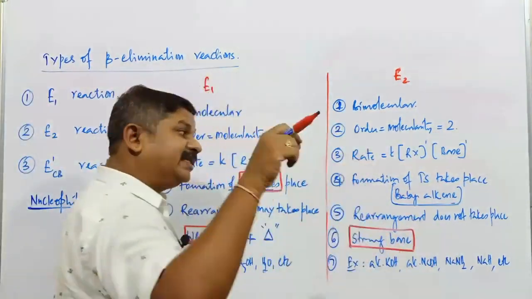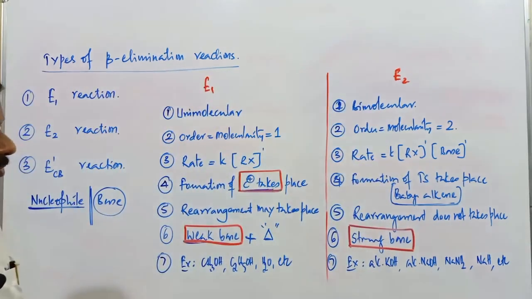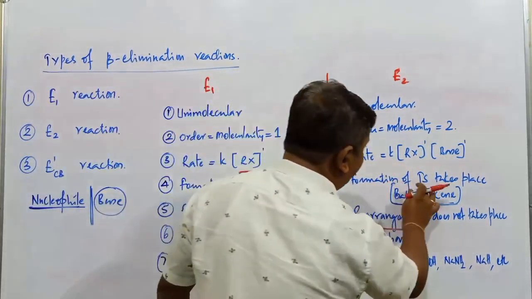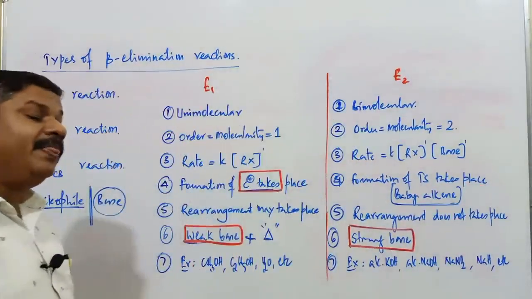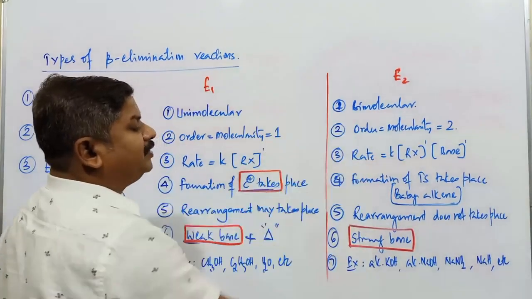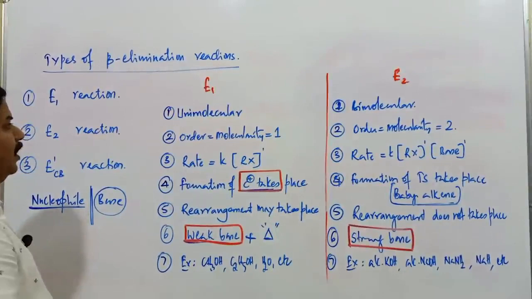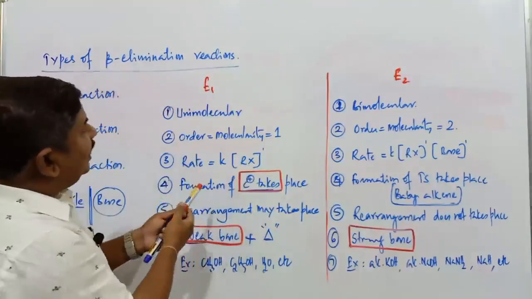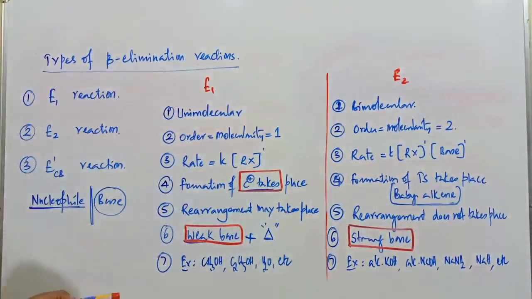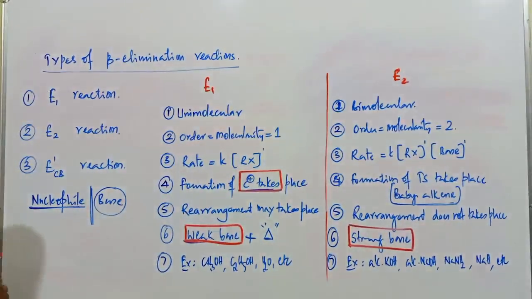And in some exceptional cases, formation of carbocation also takes place in case of E2 reaction. But in most of the cases, there is a formation of transition state. But in some exceptional cases, carbocation formation also takes place in case of what? This E2 mechanism also. Now here, whether this particular elimination reaction is related to only alkyl halide? Elimination reaction is not related to only alkyl halide. Elimination reaction takes place in all those molecules wherever the particular leaving group is present.